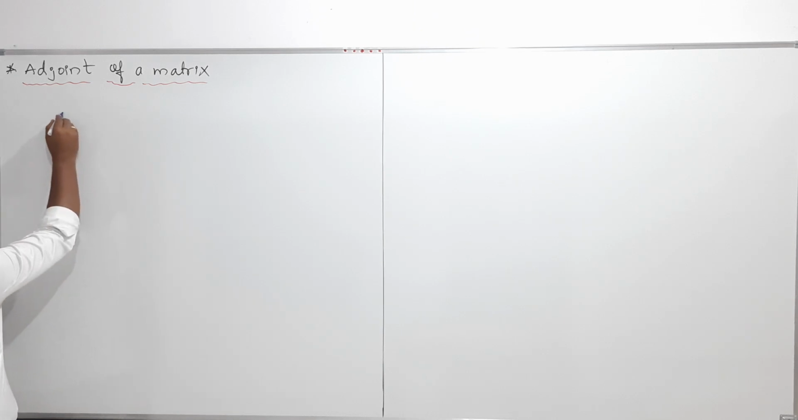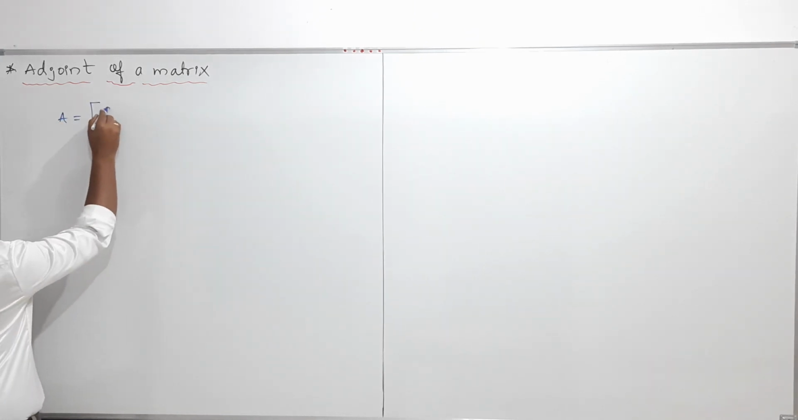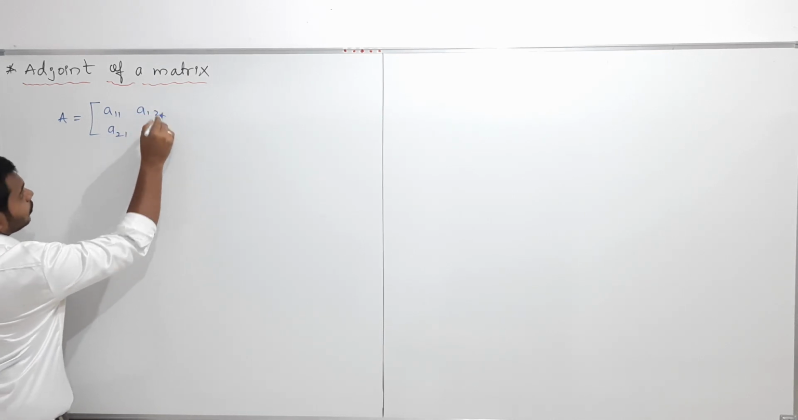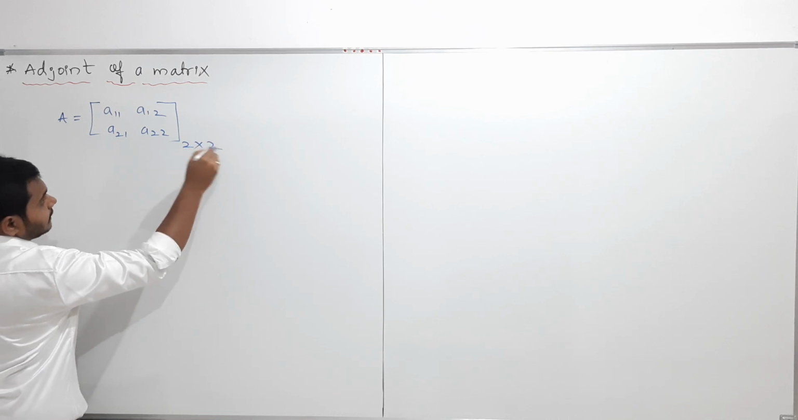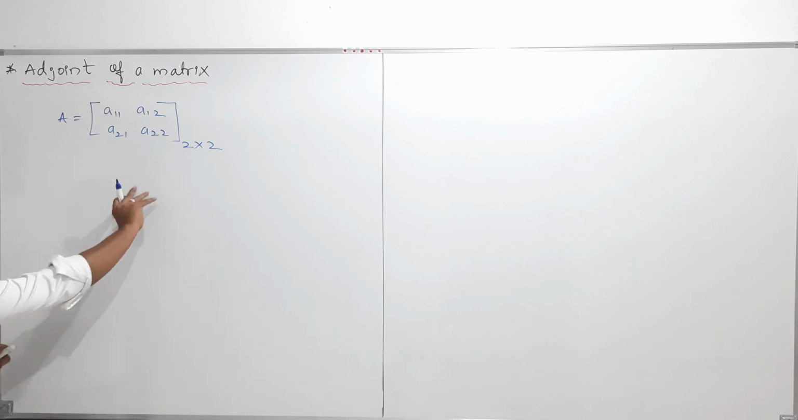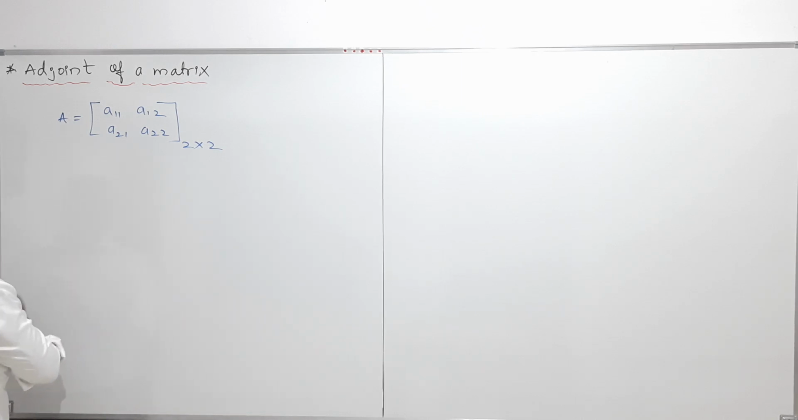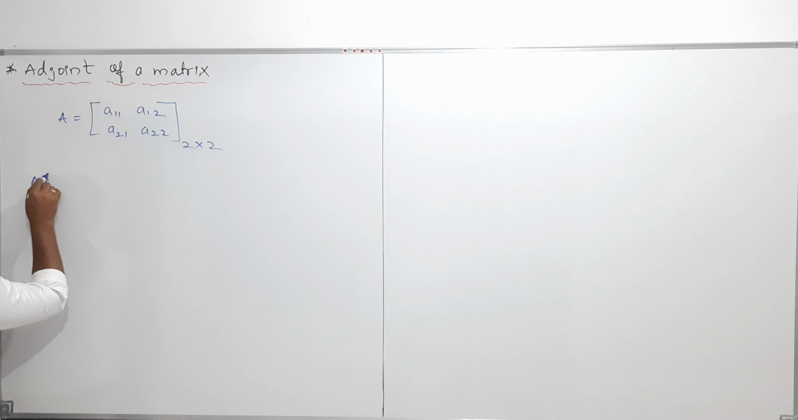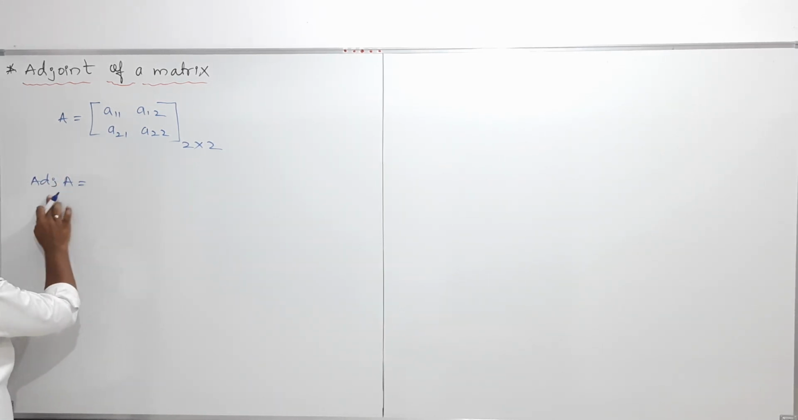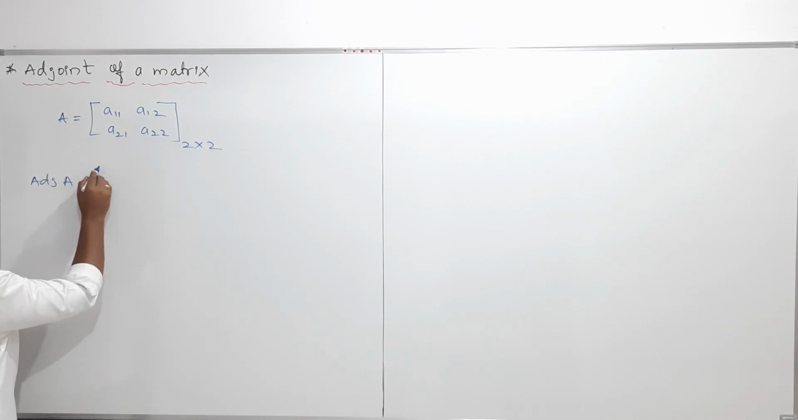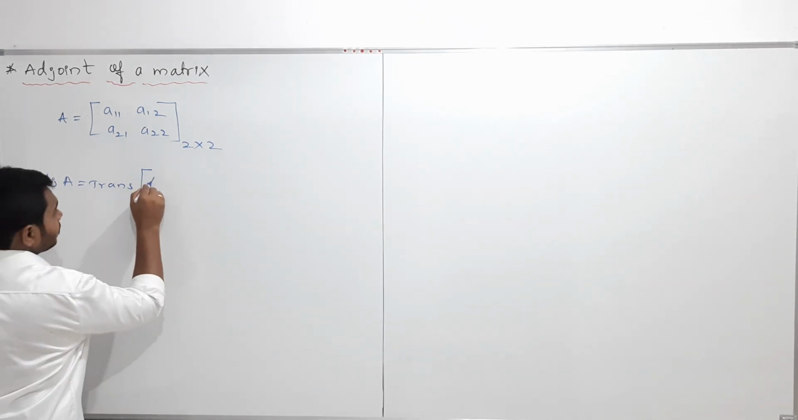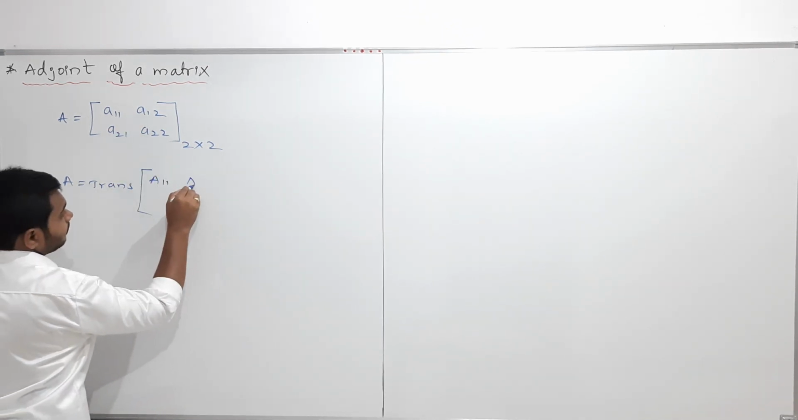I will consider one matrix A is equal to A11, A12, A21, A22. So this is the matrix of order 2 cross 2. Clear? So now how to find the adjoint of a matrix? What is meant by adjoint of a matrix? Adjoint of a matrix A is denoted by adj A. It is nothing but the transpose of the cofactor of A11,